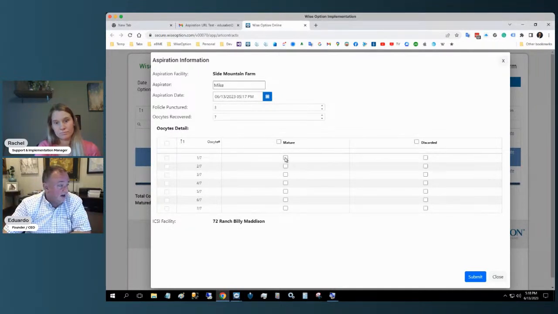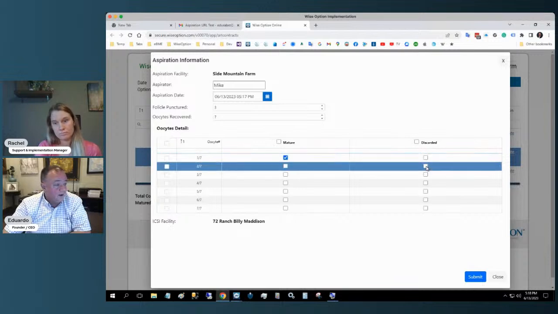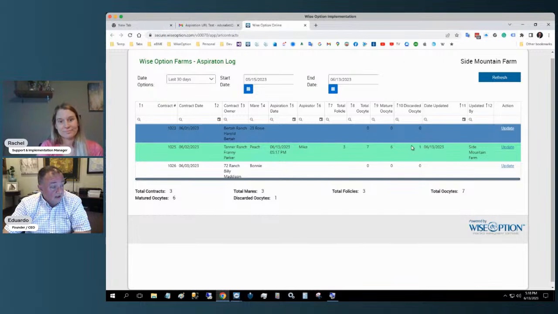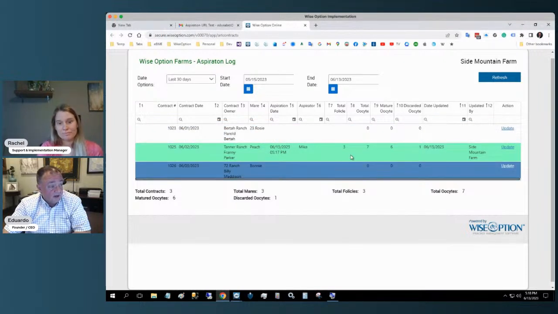So I'm going to say that I have 1 mature and 1 discarded, which should leave me with 5 good oocytes, or I would say 6. Only 1 mature, only 1 discarded. And as soon as I submit this process, boom, it's updated. I'm moving the mouse to a different place because now you see that the line is marked